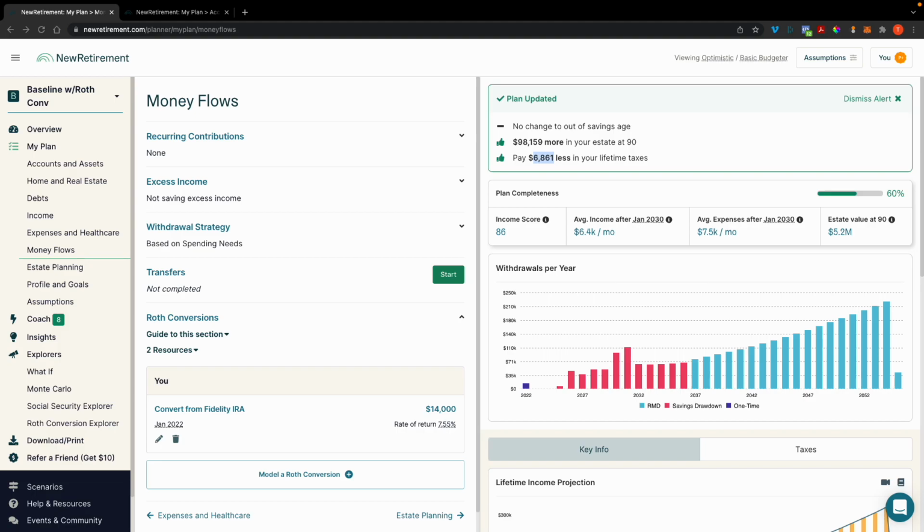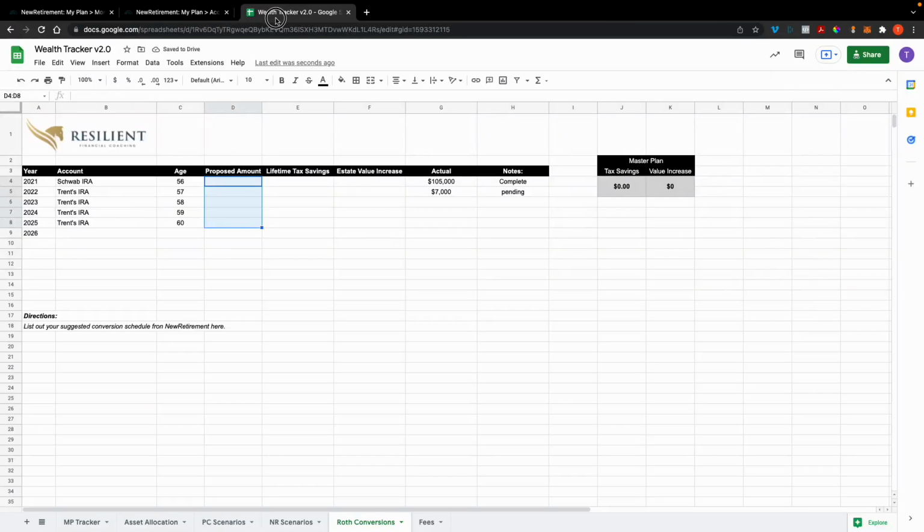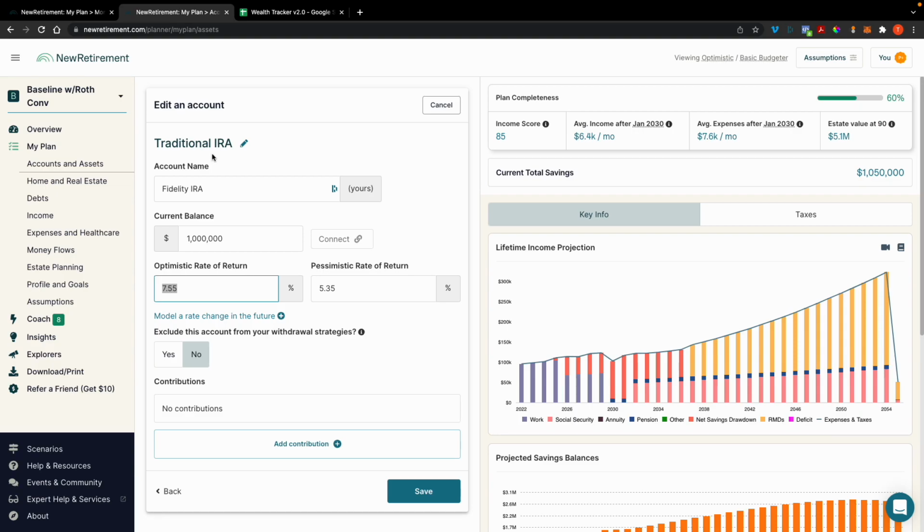Okay, so let me drag this over. I'm trying to make this so it makes sense for just what I'm sharing with you today. I'm just trying to clear out the wealth tracker, and I want to change this to 57, which is how old I am in this hypothetical situation.